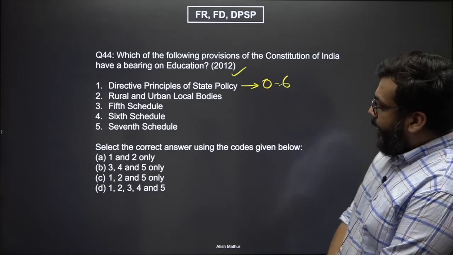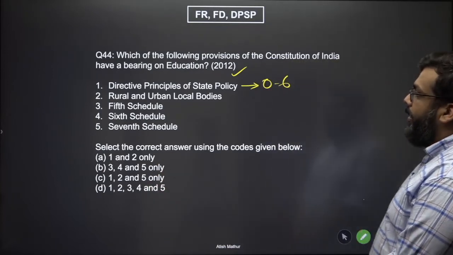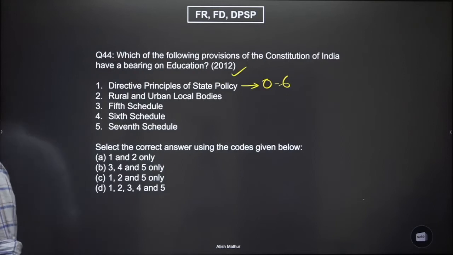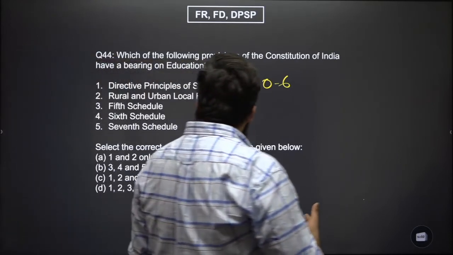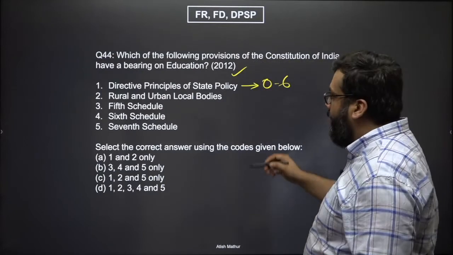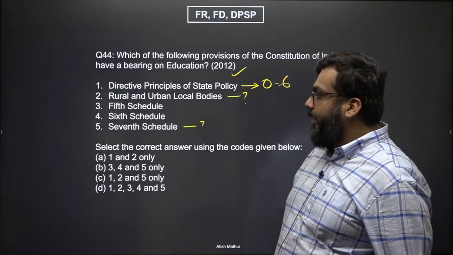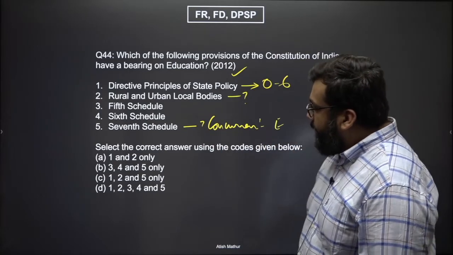Can we eliminate 2? Because except for B, everything else also has 2. Rural and urban local bodies. Do rural and urban local bodies have anything to do with education? Education is in the concurrent list, and if education is in the concurrent list, which means both the Center and the states should have the power to do this. But do rural and urban local bodies have anything to do with education? Maybe, maybe not. Okay, let's keep it here. Does the 7th schedule have anything to do with education? Yes, because it contains the concurrent list which has education, which means